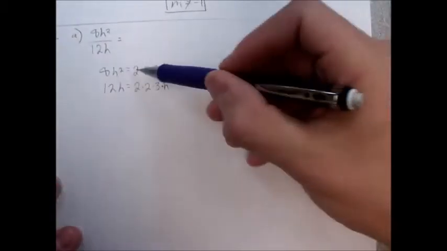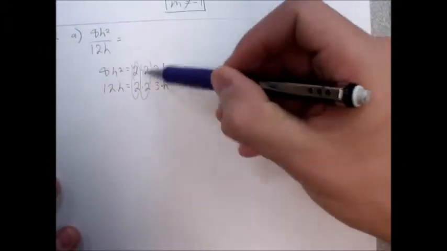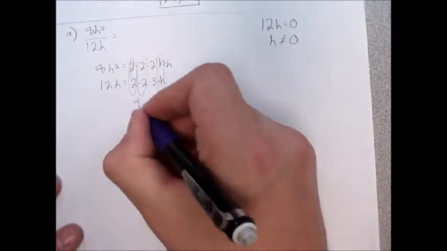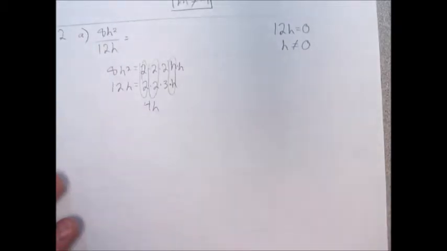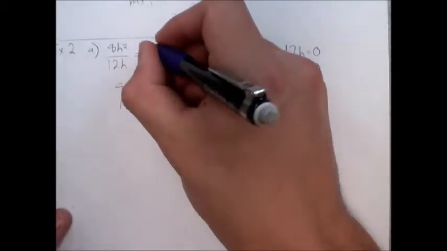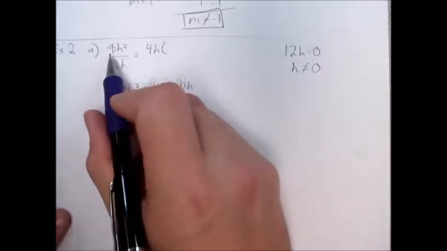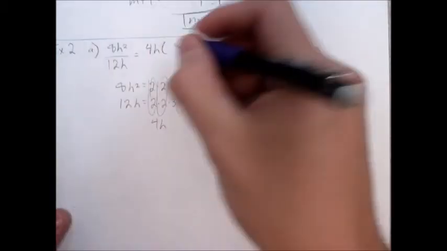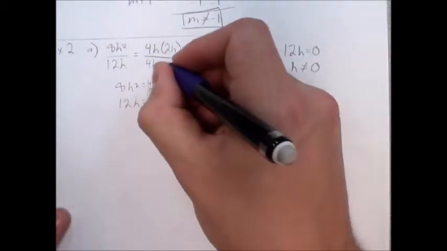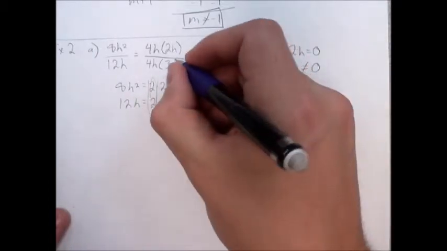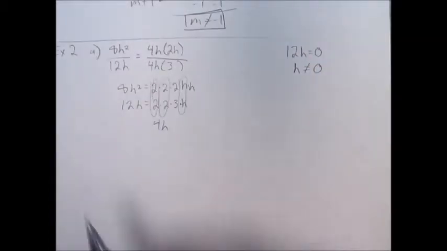The things they have in common are the greatest common factor that you can pull out of it. So I have a 2, which makes a 4, and an h. So my greatest common factor is 4h. So I'm going to factor out that 4h. So factoring out 4h means I'm basically dividing this. So 8 divided by 4 is 2, and h squared divided by h is h. Good. Again, I'm factoring out 4h on the bottom of this. I'd end up with 3 because 12 divided by 4 is 3, and h divided by h is, well, 1, but